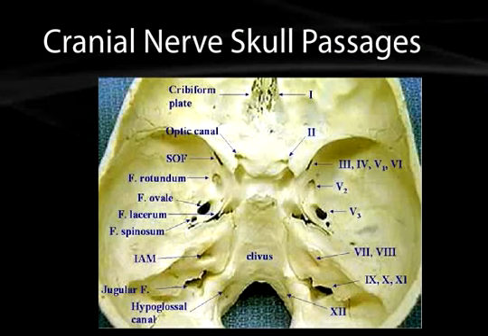V2 passes through foramen rotundum. V3 passes through foramen ovale. And the internal acoustic meatus is where 7 and 8 pass, and the jugular foramen is where 9, 10, and 11 pass, and then the hypoglossal canal is where the hypoglossal nerve, cranial nerve 12, passes